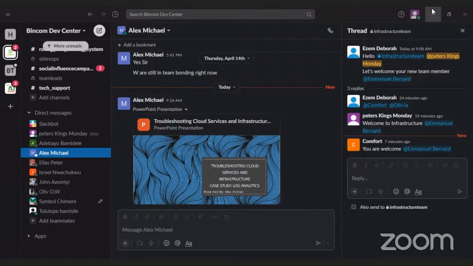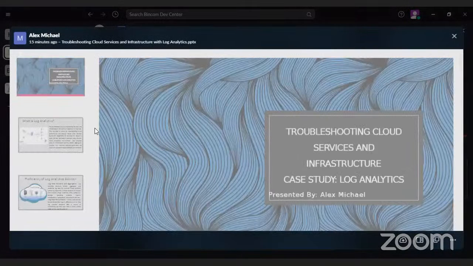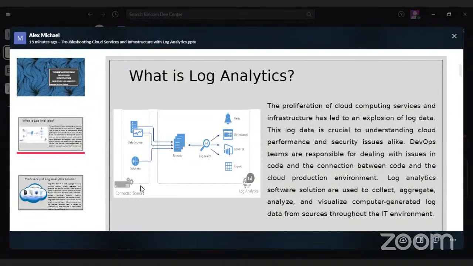Right now, the world has gone into data analytics and all forms of business intelligence and all that. And what is bringing about all this is because we have to make use of this data to provide solutions. So now we are talking about troubleshooting. We are talking about data. And we might ask ourselves, how can data actually help in troubleshooting? So let me keep on reading from the slide to explain better.